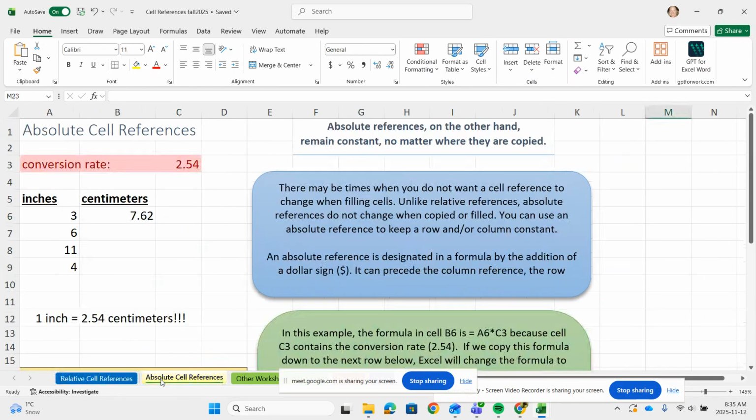Now, in an absolute cell reference, this is a situation where you've got, say, a conversion. And up here, we have this conversion rate of 2.54. So this is just a number sitting in cell C3, 2.54. And it is the number that we're going to use to convert inches into centimeters. So you need to multiply the number of inches, 3, by the conversion rate of 2.54. If I grab 7.62 and drag it down like we've been doing, it comes up with a number 0. And if I look at it, what it's trying to do,